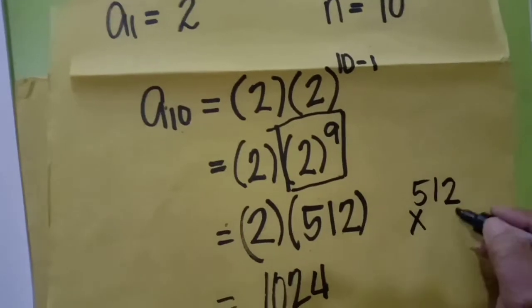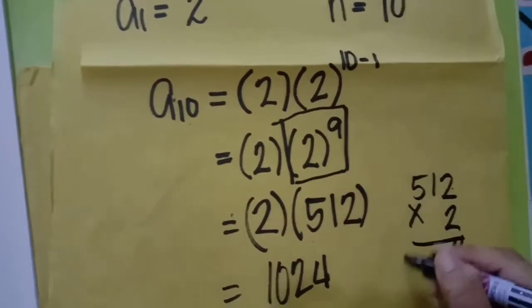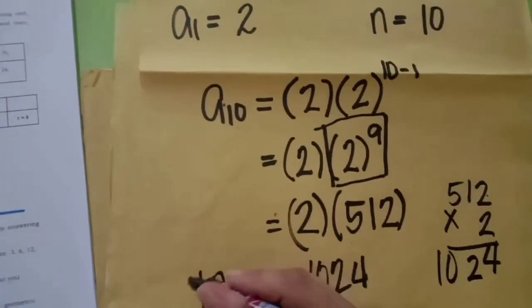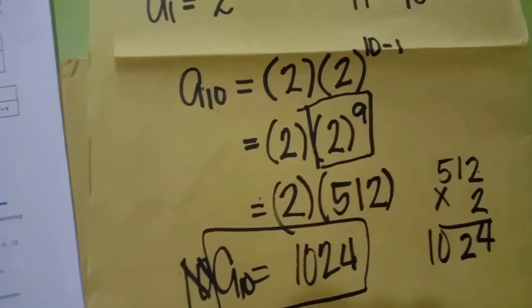512 multiplied by 2. 2 times 2, 4. 2 times 1 is 2. 5 times 2 is 10. So, therefore, a sub 10 is equal to 1,024. Okay? Let's have another example. So, this time naman,